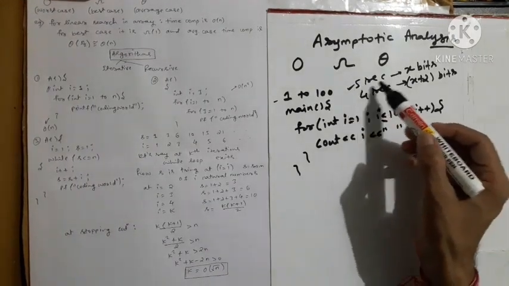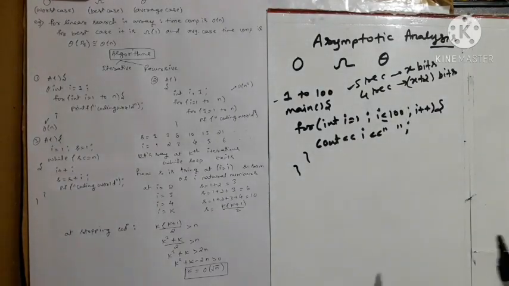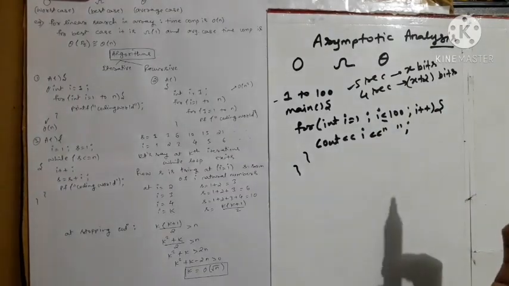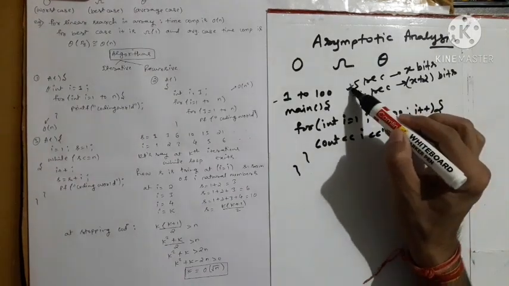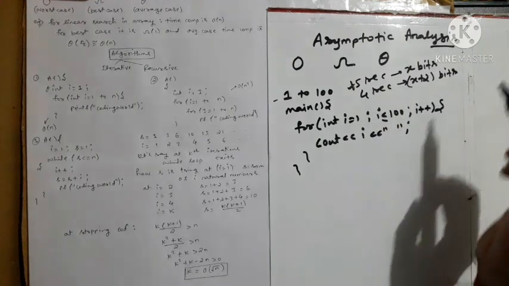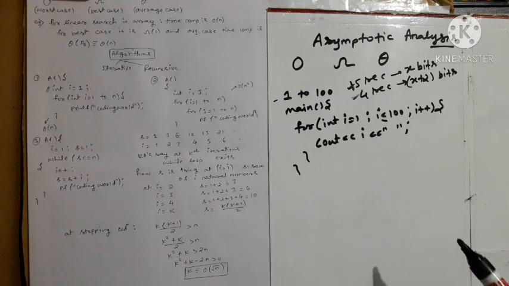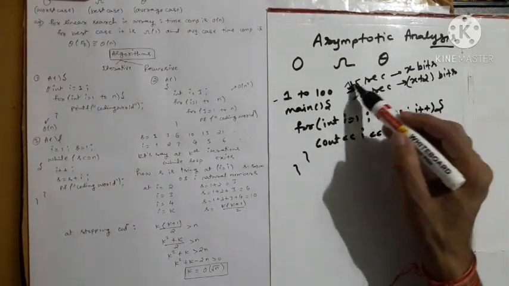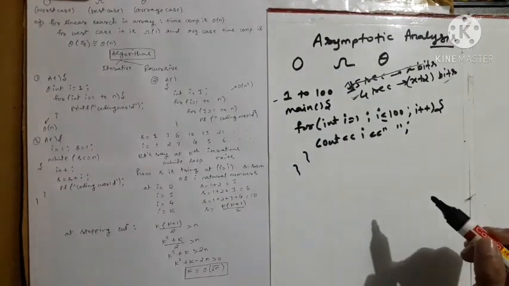But this algorithm does not save our time, it is taking 1 second more than the second algorithm. But it is not taking much more time, it is just 1 second only. But suppose if it is taking 15 seconds and x bits, and the other is taking 4 seconds and x plus 2 bits, then definitely we have to go with the second algorithm that takes 4 seconds, because the first algorithm is taking much more time. So we'll discard this and continue with this, isn't it? So this is the concept of time complexity.